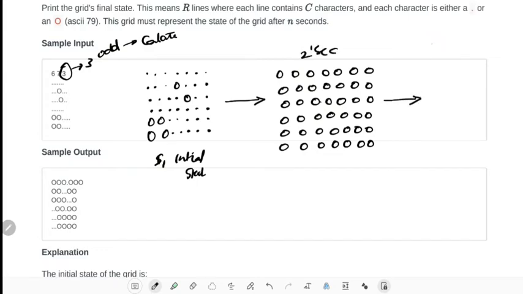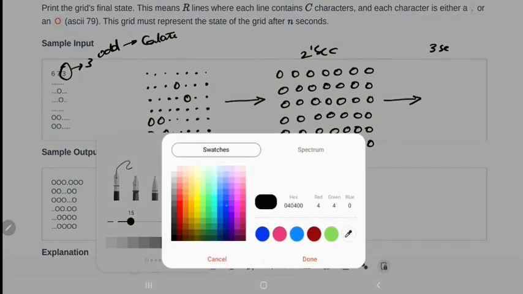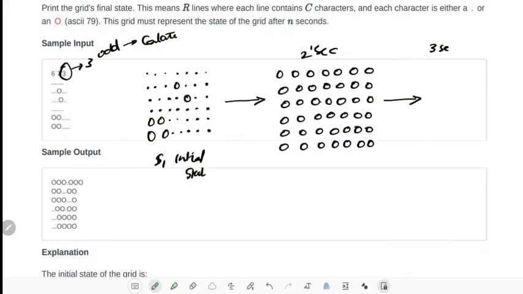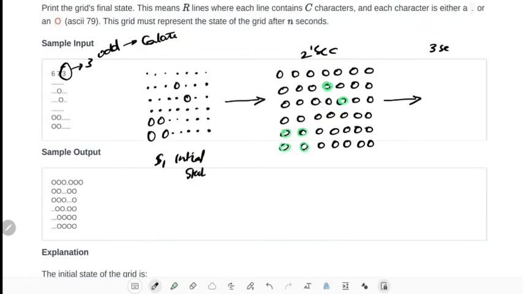Next, at time 3 seconds, all the bombs which were planted before will get detonated. Let me color those bombs in the second one. Okay, these 4 bombs will get detonated at time 3. So our new output will be like this.